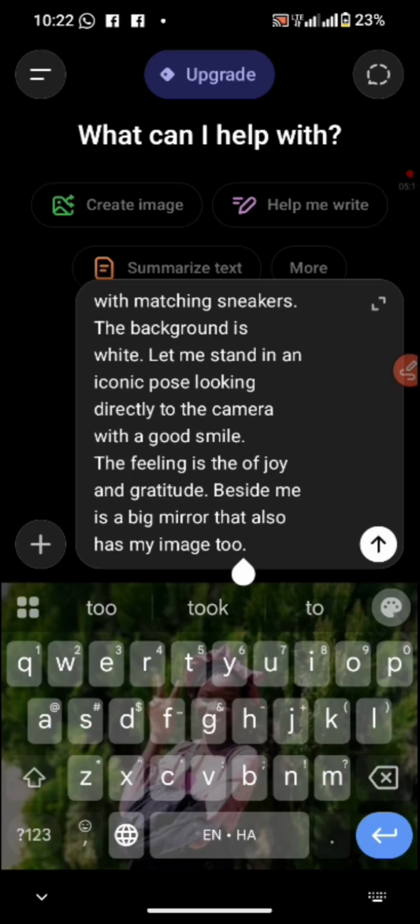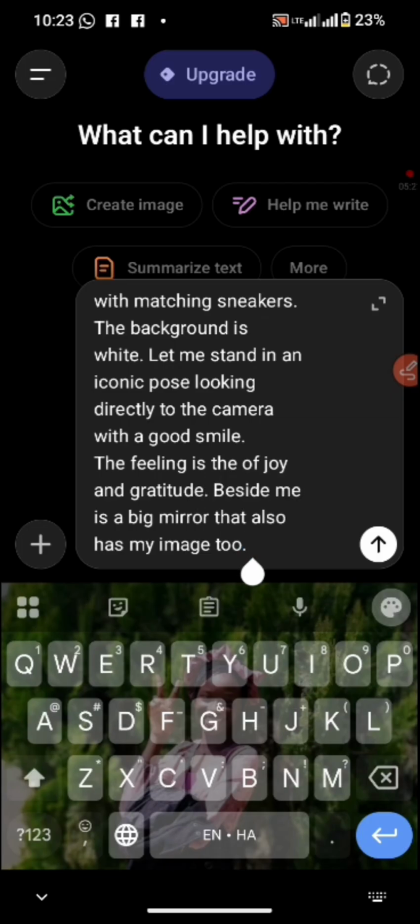Now beside me, you can talk of other elements you want to see in that picture. Beside me is a big mirror that also has my image too. Now this is not the end of this thing, because you don't know camera settings, you don't know all of these things. AI is going to do it for you. Okay, so you are going to say